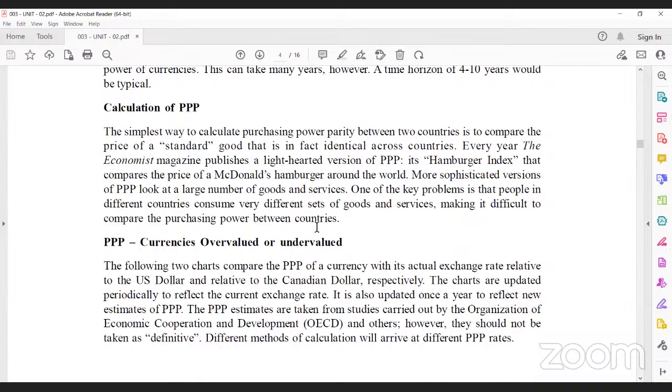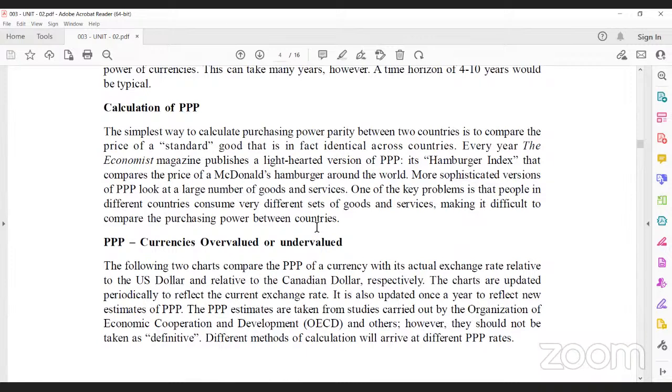Every year, The Economist magazine publishes a light-hearted version of PPP. It's the hamburger index, which compares the price of a McDonald's hamburger around the world. And this is like a more advanced version of PPP, which looks at a large number of goods and services. The key problem